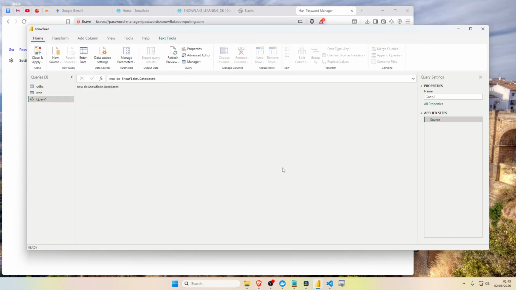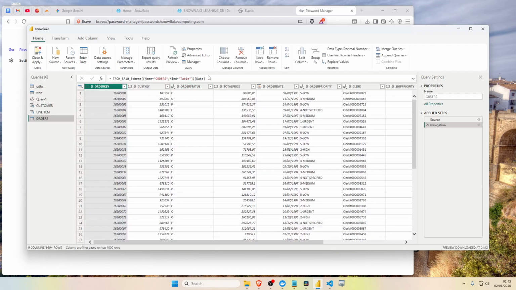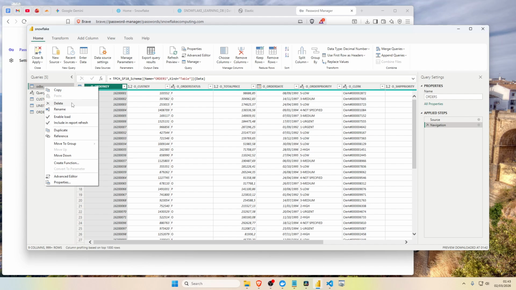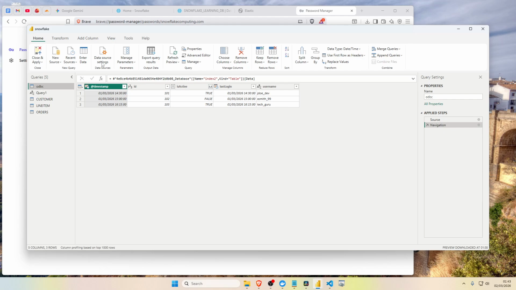Import, not the direct way for now. Import is just a batch, get the data now, and Direct would be get data all the time, in real time. So this is not what we want. We could definitely delete all the old queries, apart from this one, because I want to show how to connect. This one is Elastic, by the way, but